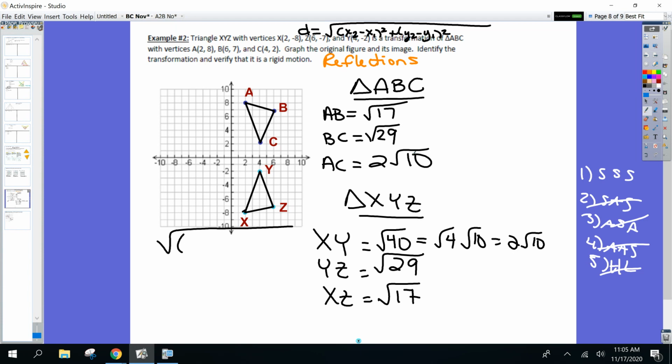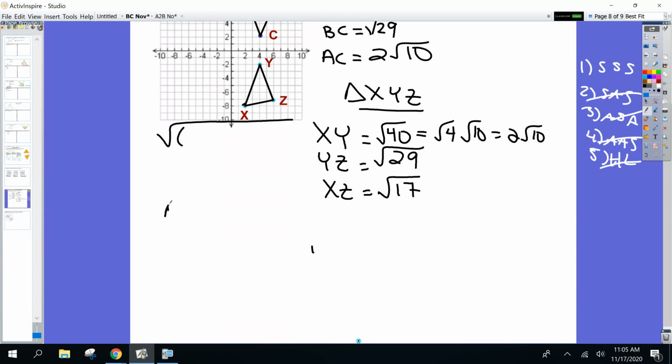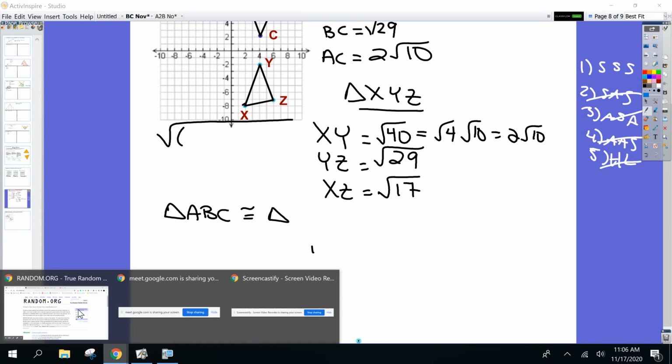Now that we know some foods we'd eat for the rest of our lives, we also know that this is a rigid motion because these 2 triangles are congruent by side. So triangle ABC is congruent to, now be careful here, I'm going to ask somebody. Triangle ABC is not congruent to triangle XYZ. They do not match up. Just because it follows in the alphabet, it does not match up, I am sorry to say. Because AB does not match up with XY as far as the distances go. So I need somebody to tell me the correct order there because it's not XYZ. Triangle ABC congruent to